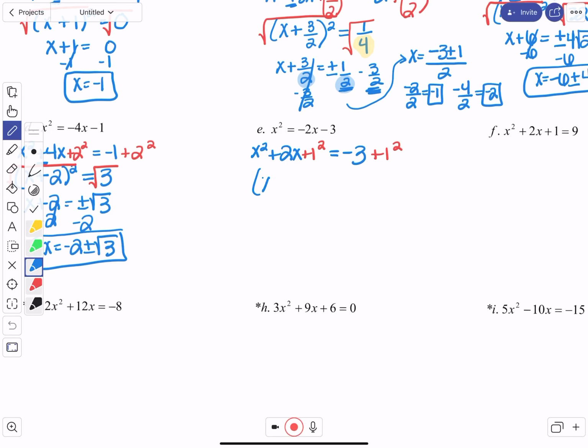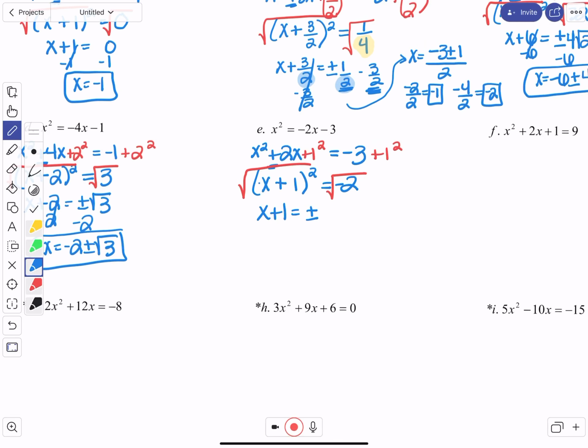So now I bring down my x. This is a plus, I do a plus. Bring down my 1. Put my square on the outside of those parentheses. So I get negative 3 plus 1 squared. So negative 3 plus 1 is going to be negative 2. Now I'm ready to take the square root of both sides. The square root and the square cancel each other out, and I'm left with x plus 1 equals plus or